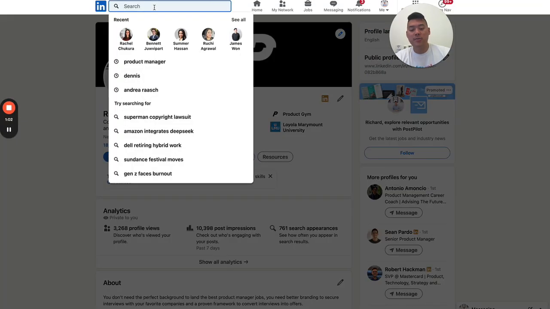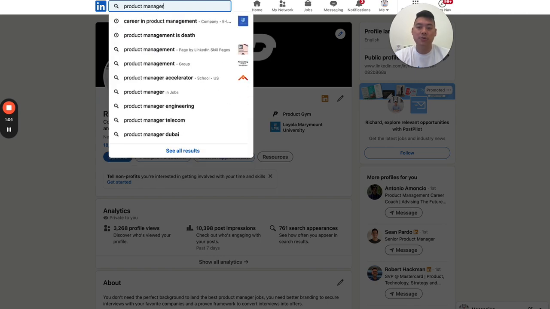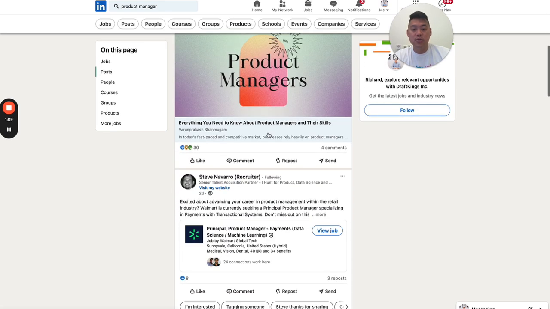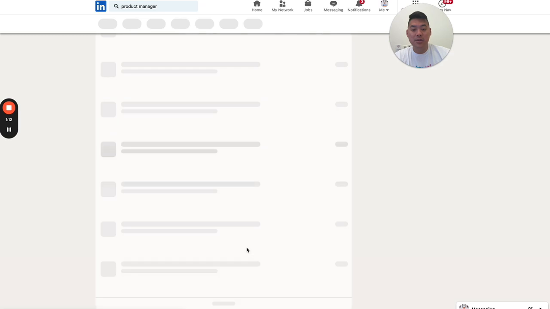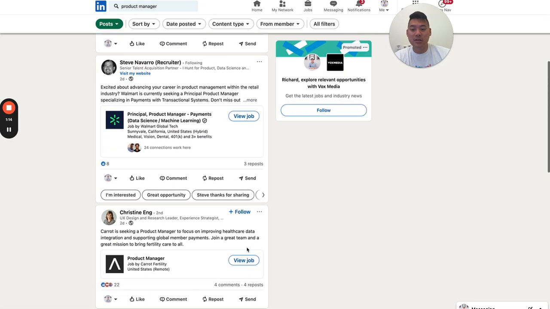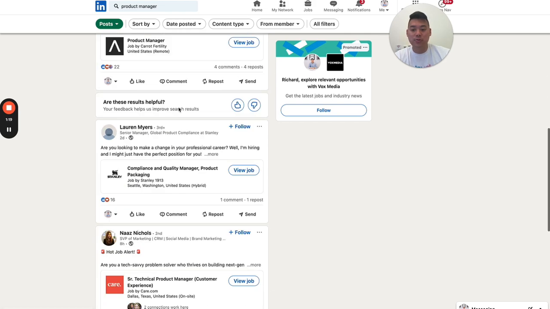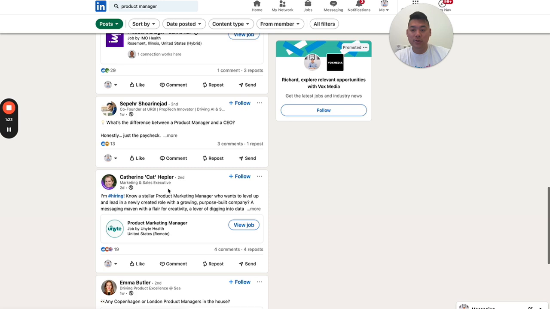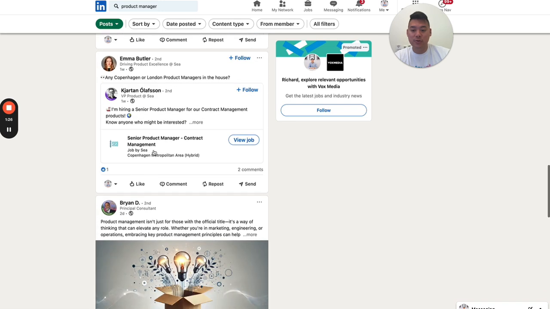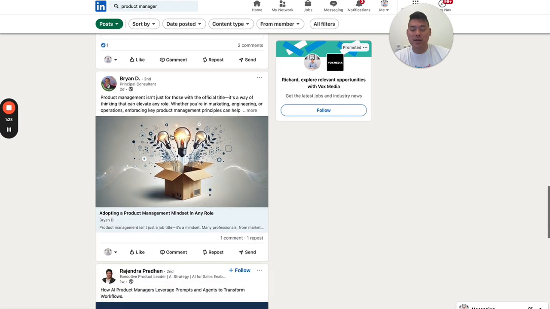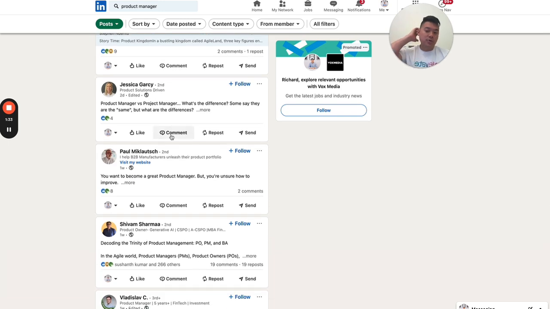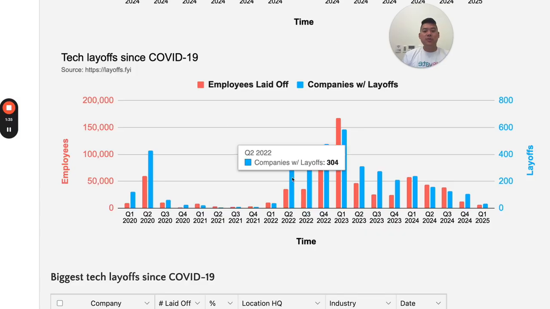Most of your product manager roles right now are going to be found on LinkedIn. Why? Because when you look up posts, you'll see that companies and hiring managers are utilizing LinkedIn more. Principal product manager, payments, Walmart, product manager role, product manager role, product marketing manager role, contract management. More and more of these roles are going to be showing up there because there have been so many layoffs